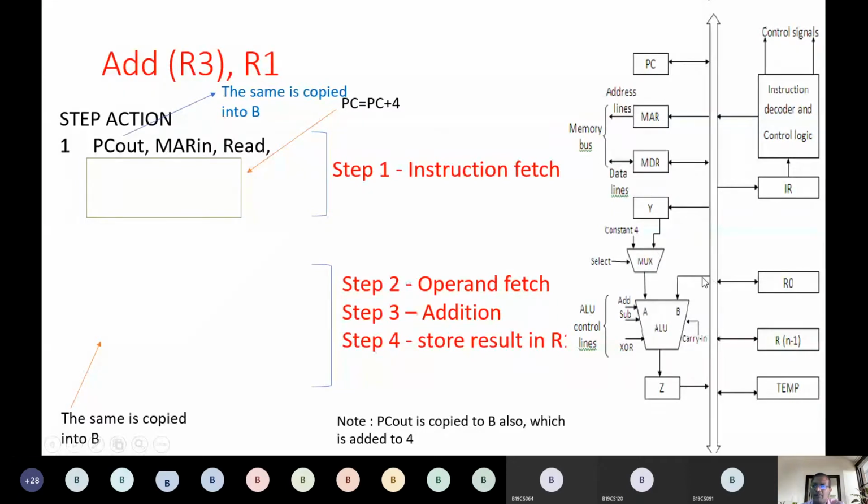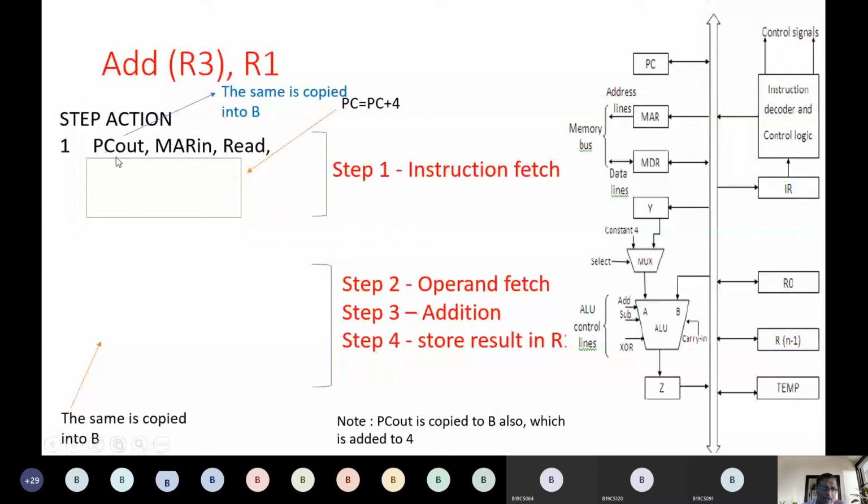Another way you can see it is from the single bus. Whatever data is on the single bus flows to B as an input, and on A and B, the ALU can do addition and subtraction. This is the scenario we already saw. And this will generate the control signals to coordinate all these registers, ALU and so on. And remember, when an address is in PC, generally that same address is loaded into IR, right?